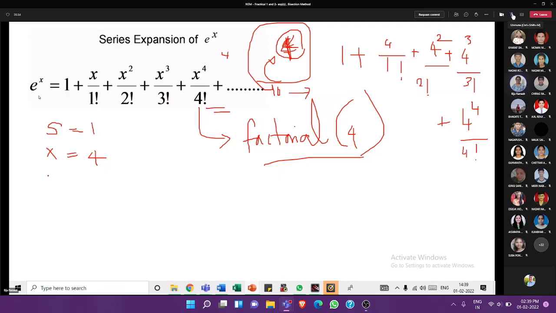That's all. So here for the iterations, you need the for loop. For I is equal to 1 to 4, we are going to go for 4 iterations. And we are going to find the sum. So S is equal to S plus. S is already 1 we have assigned. Now we need this. X also we have assigned as 4. X by factorial of